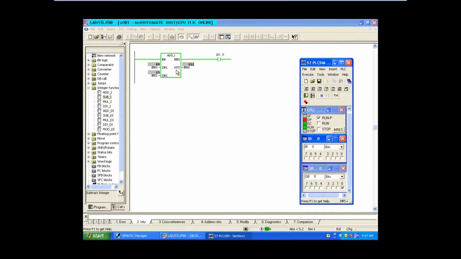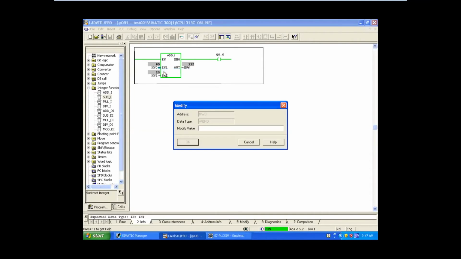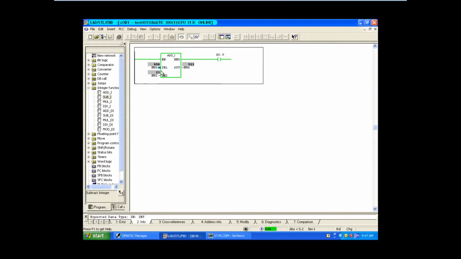So see here, I have not given any input condition. So if the value is running, it will always do the addition. Suppose even though the value is coming, I don't want to perform the addition, at that time you can turn off your input condition. Here, since I have not given any input, I need to do it like this. So better always give an input so that control is in your hand. If you don't want to perform the addition function, you can turn this off. That's the importance of the input condition.